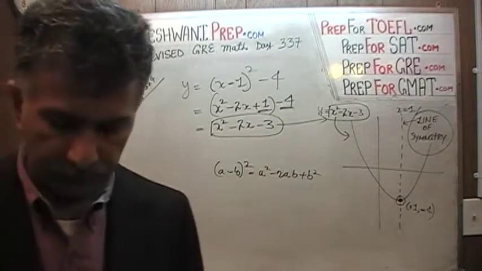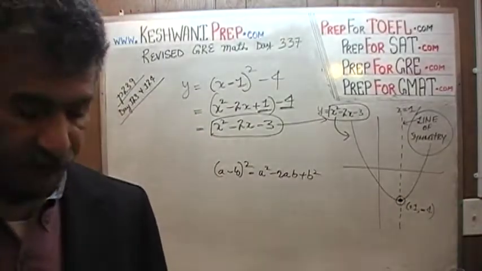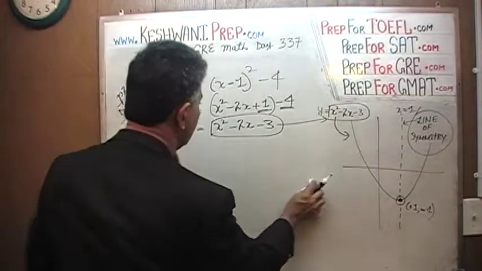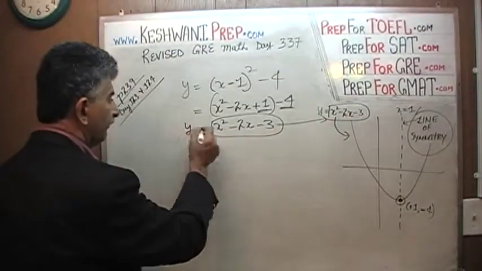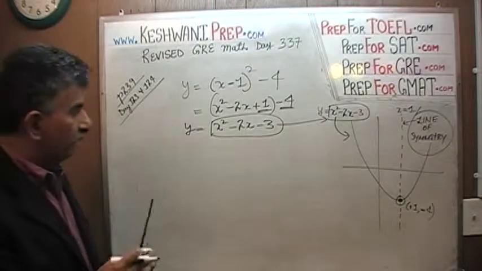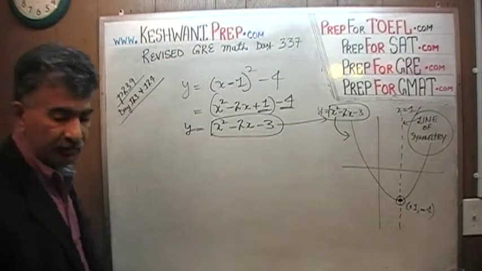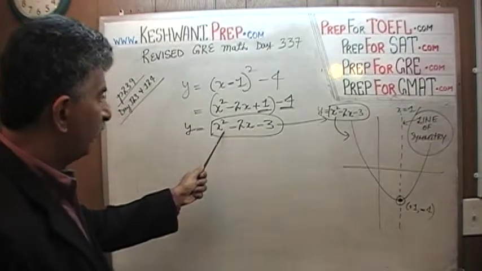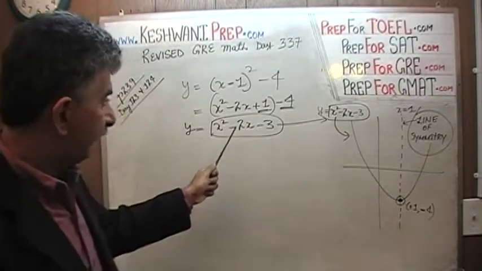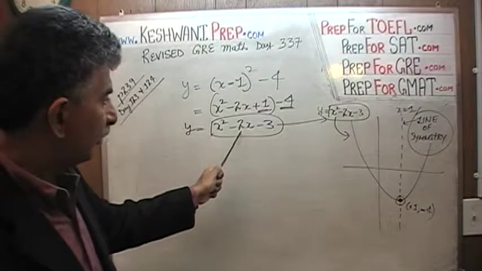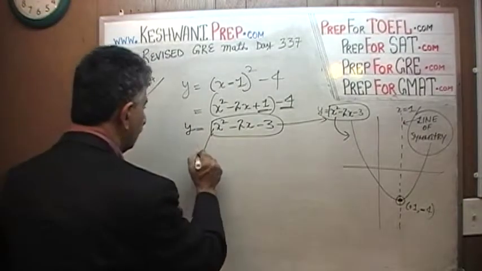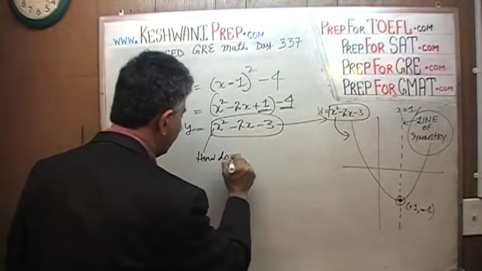There we go. Now the last question that we have to understand is, if we are given the equation of a parabola in this form, how do we go from here? How do we figure out what the shape of the parabola is by looking at this equation? How do we go from here to here? How do we find out